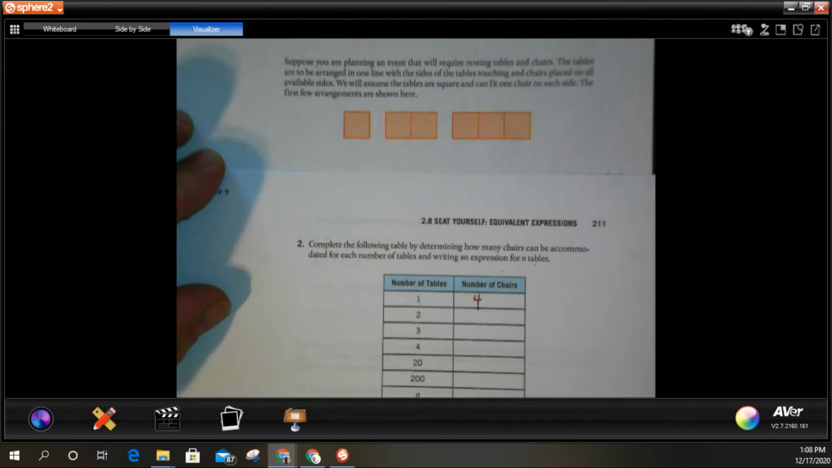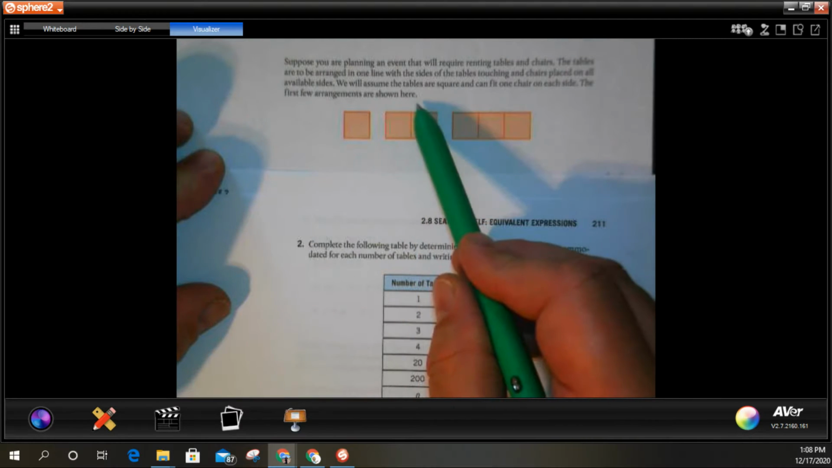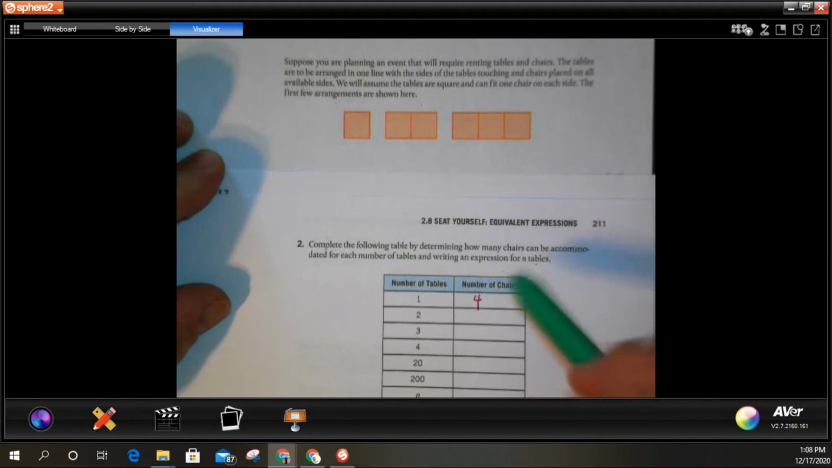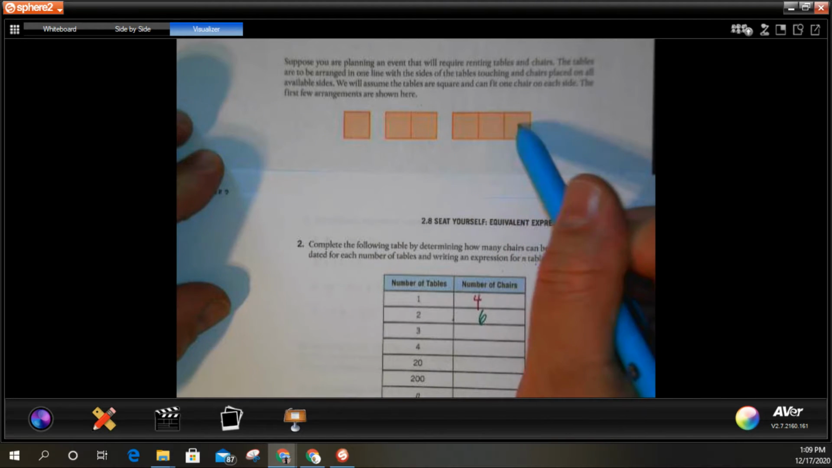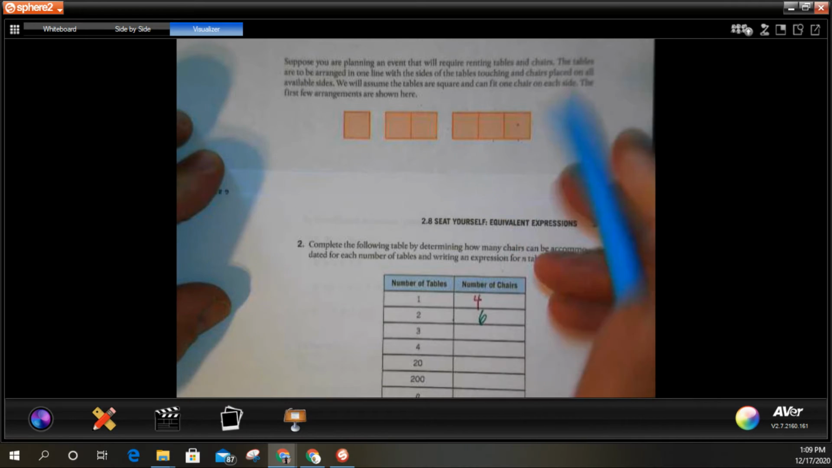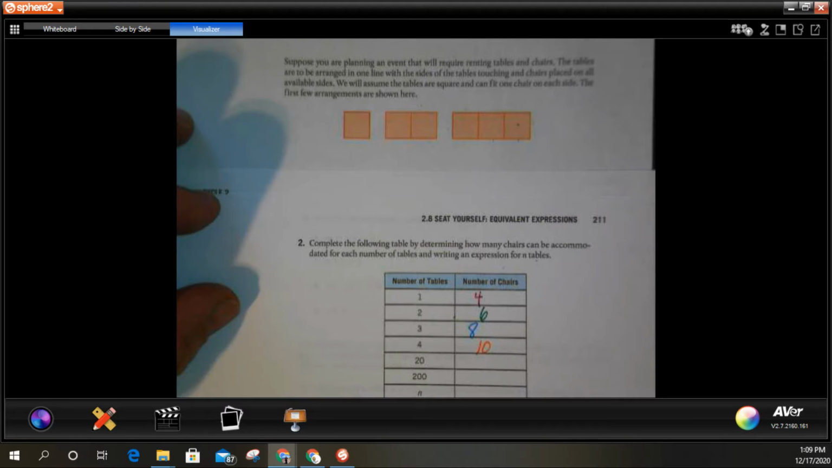put one on each side. So I got one, two, three, four, five, six. Three tables. Let's see. Here's three tables. One, two, three, four, five, six, seven, eight. I bet you four tables. I'm probably going to have, yep, you guessed it, 10. If I have 20 tables, well, five will be 12, so I'm not really sure. I'm going to have to come up with